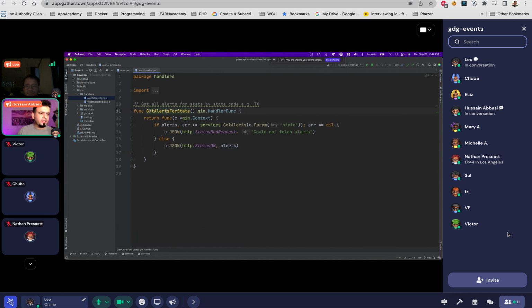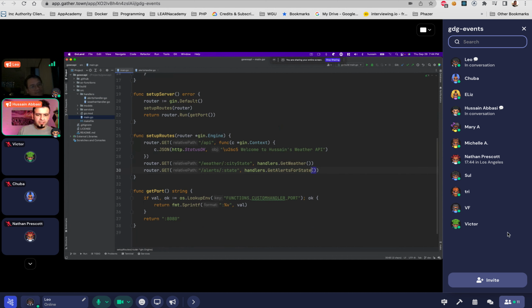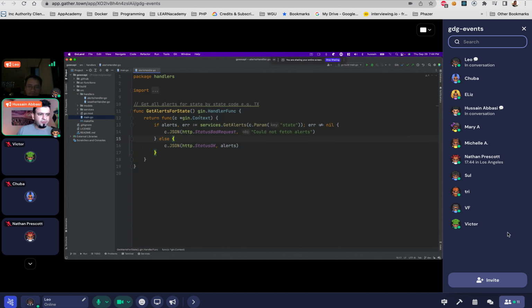Now, if I go back to my handlers, if I go to alert handler, this is that handler that we were looking at. Get alerts for state returns a function for the actual library. So I'm returning just a function because I'm passing back a handler. So you may have seen that I'm actually using the extra, so this is the function, but I'm actually executing it here. This helps with testing, so we can actually test what the response comes back as a function. So I'm responding with a function as opposed to just returning the value.